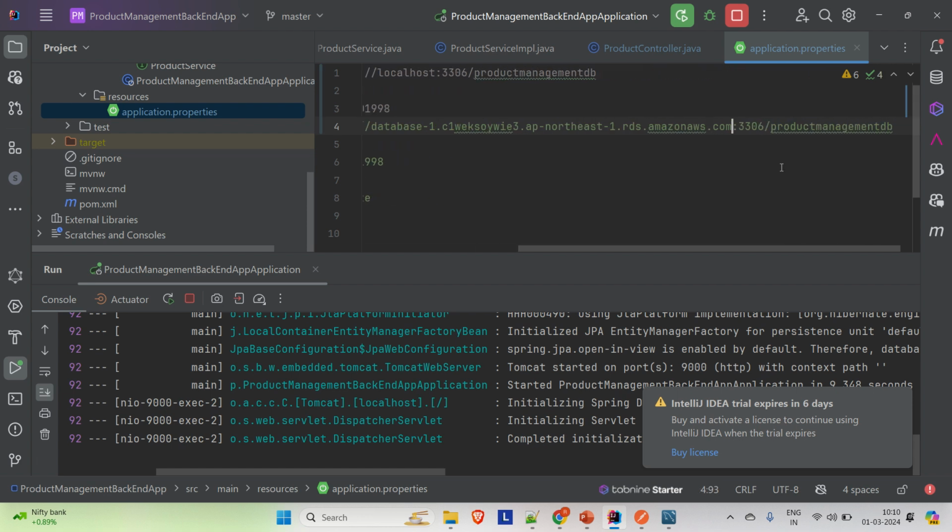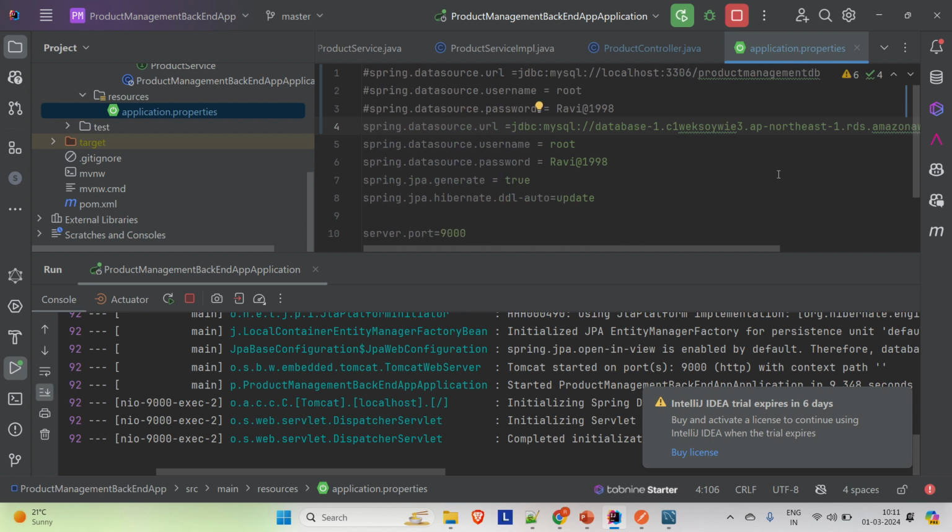The same port number is there, but we have changed the database name to product DB, right? So let me change this to product DB and we are good. The username was admin, so just provide admin here, and the password was password. So just provide the password here. Okay, now everything looks good to me. Now let me try to run this application on this RDS database and then see if